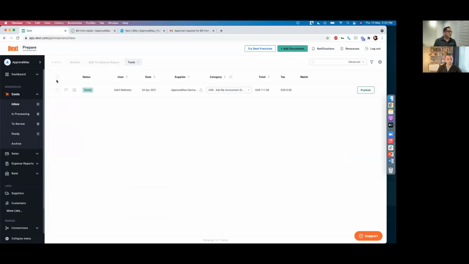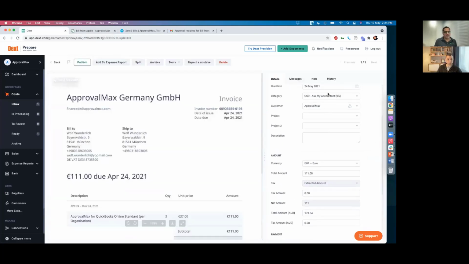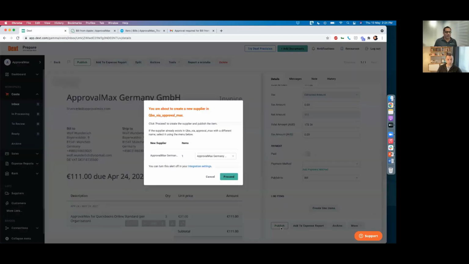So if we look at this particular invoice, which I have created in Dext, we've selected all the relevant details here. It needs to be coded to Ask My Accountant category account. That's the dollar amount. And when we hit publish,